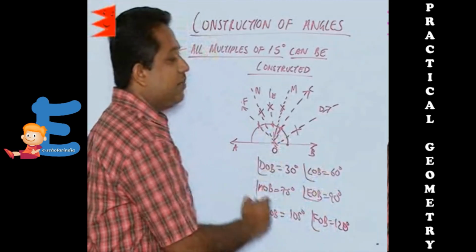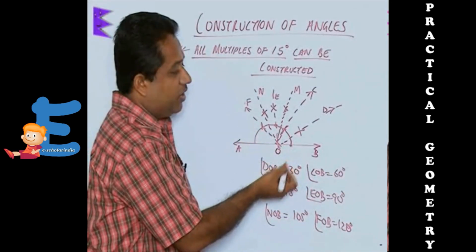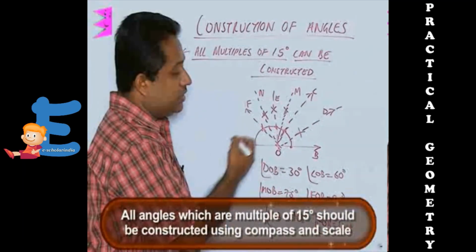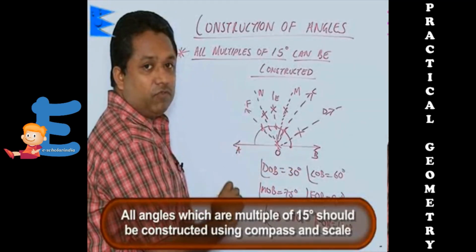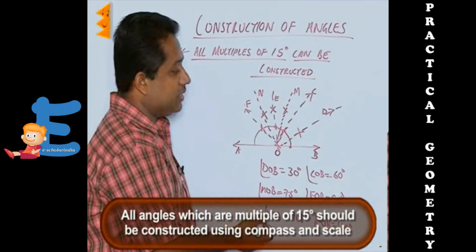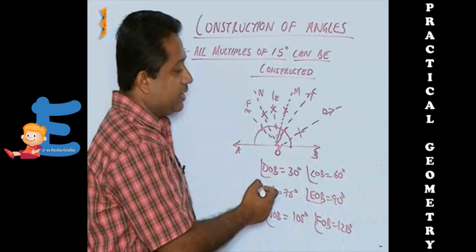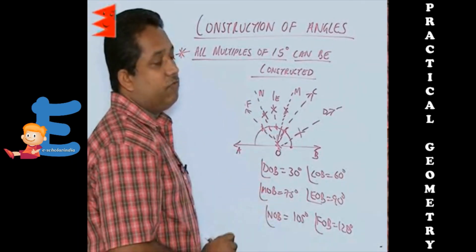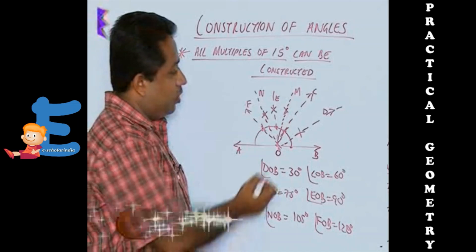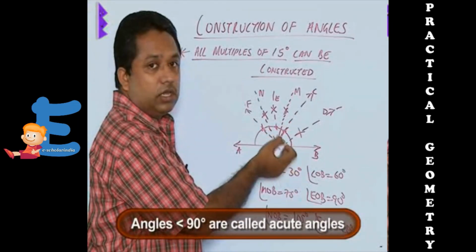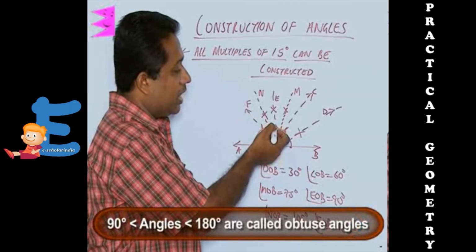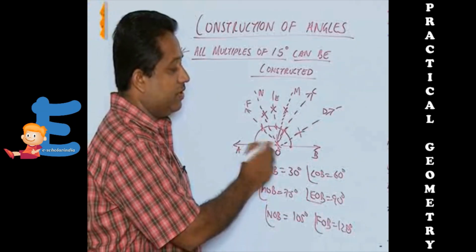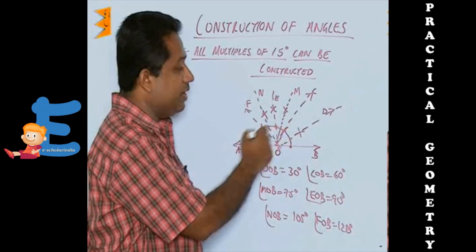So these are the angles which are mainly going to be asked: 30, 45, 60, 75, 90, 105, etc. So all these which are multiples of 15 degrees have to be constructed with the help of a compass and a scale. All the other angles, suppose we get 32 degrees or 35 degrees, then since they are not multiples of 15, we will have to make use of a protractor. All the angles which are below 90 degrees are called acute angles, and all that are above 90 but less than 180 are called obtuse angles. So we have acute angles between 0 and 90, and we have obtuse angles between 90 and